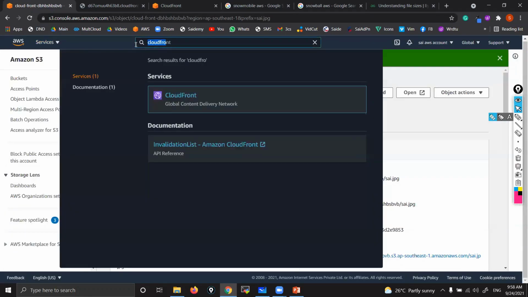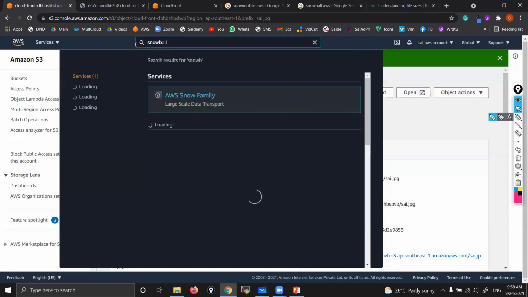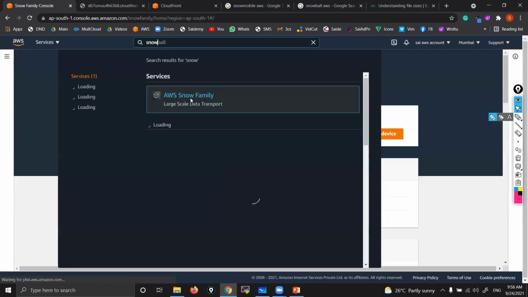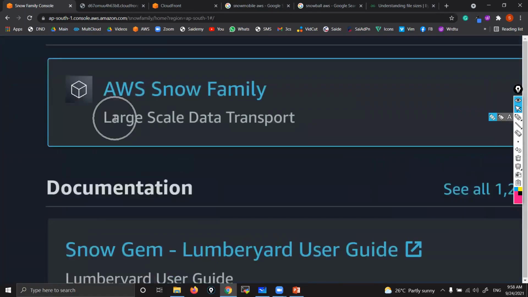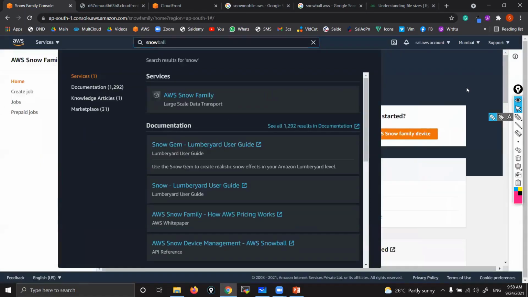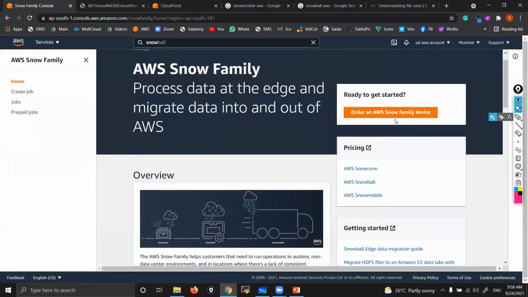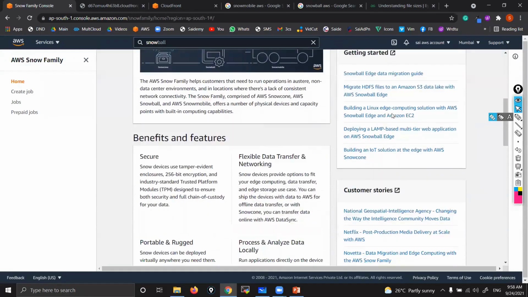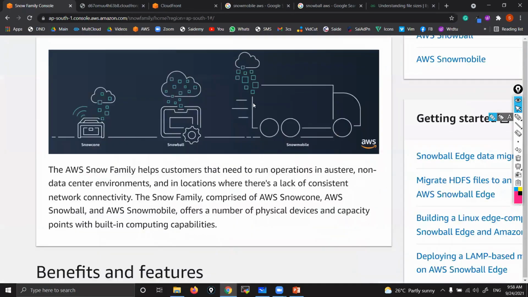Okay, here. AWS Snow family, that's what it is. See here, if you type here, automatically they show Snow family, meaning Snowball, Snowmobile, large scale data transport. See here, order an AWS Snow family device. That you can place an order, so that will come to your